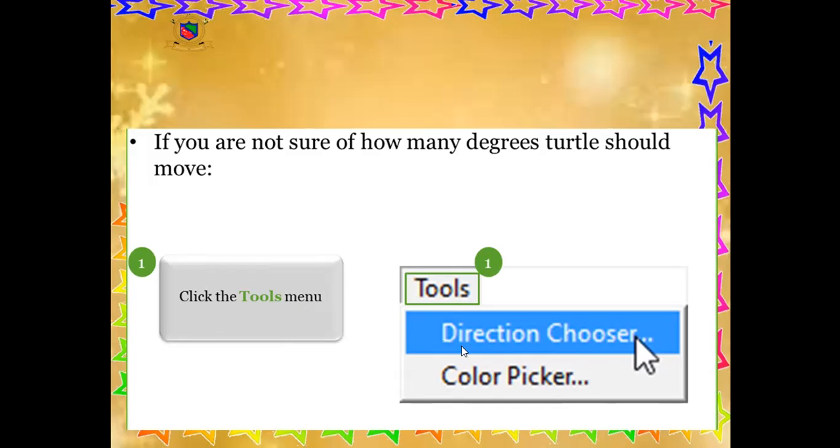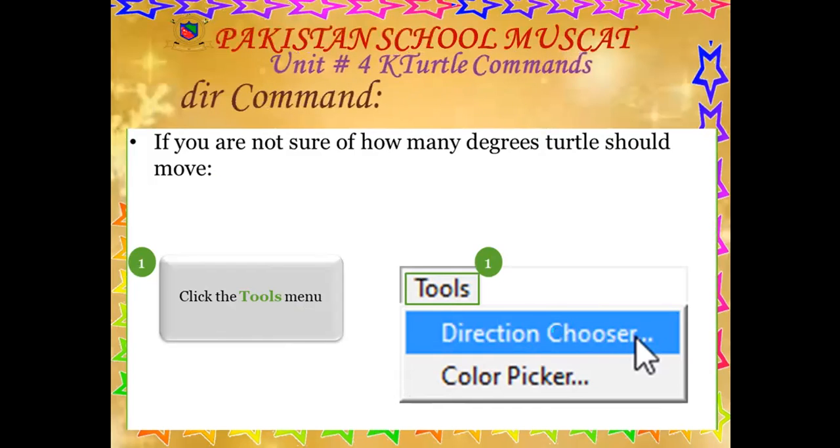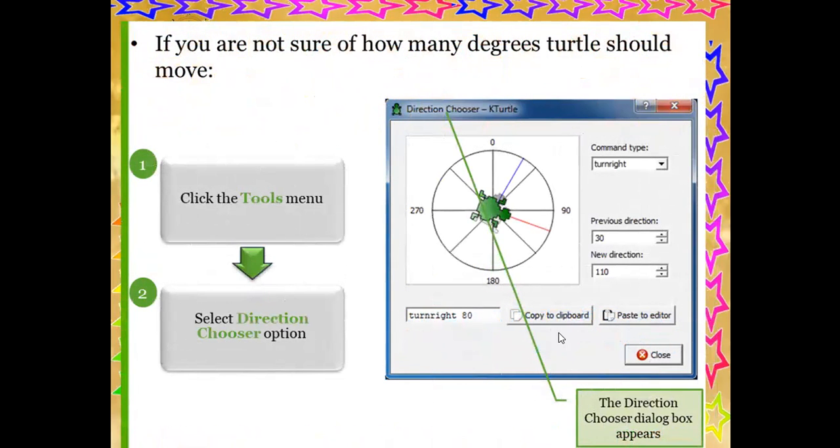Over there the first option will be, as you can see in this picture, direction chooser. That will be: click the tools menu and then select the direction chooser option. Let's move to the KTurtle window for this purpose, and afterwards we'll come back again towards this slide.